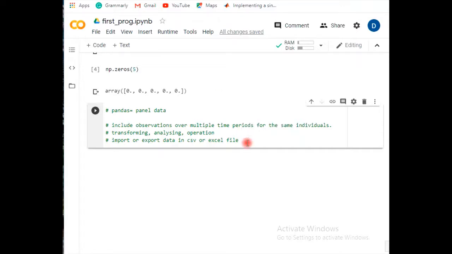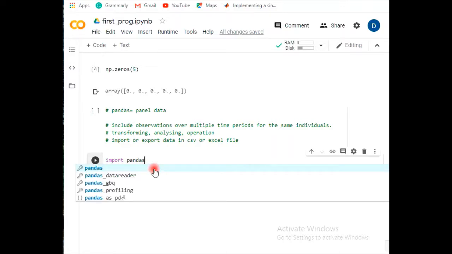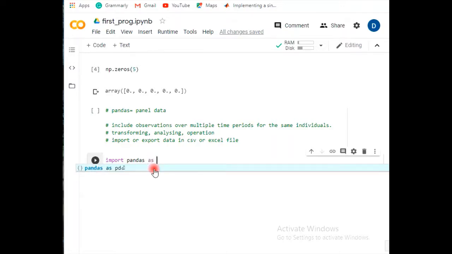The very first task, whenever you are going to utilize the pandas library or any other library, is to import it. So let's import pandas. Instead of writing pandas every time, it is better to give it a small nickname.